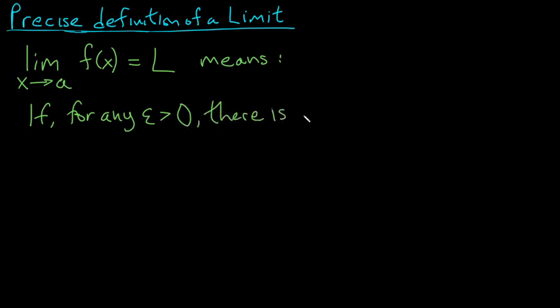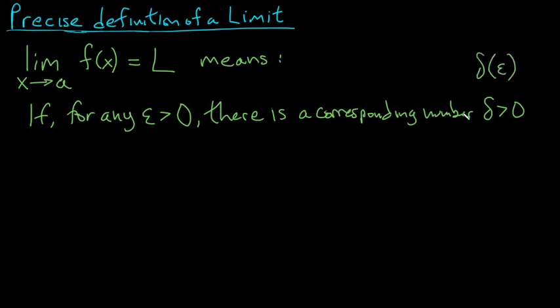also a corresponding number delta, also positive, which could depend on epsilon. It might depend on what epsilon is. So in general, delta can be thought of as a function of epsilon. It doesn't have to be. It could be just a constant, but it might depend on epsilon, in such a way so that